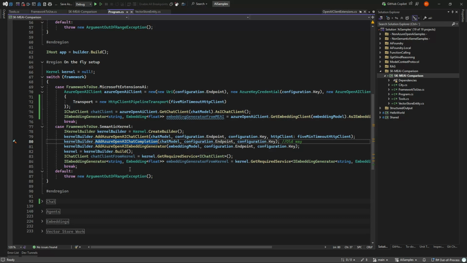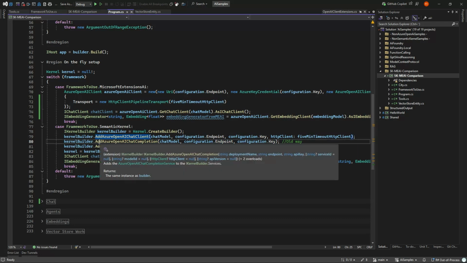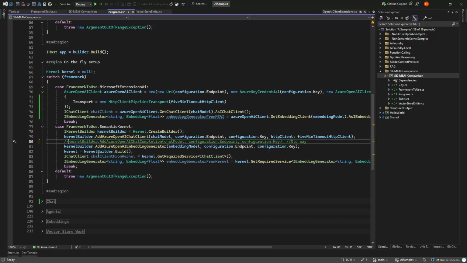I've included it in here because there's currently a bug in one of the features, structured output, where it's actually depending on this. The team from Semantic Kernel are fixing it, so it can also just use this, and we could get rid of this one because this is not really needed anymore. It was something Semantic Kernel had before Microsoft Extensions AI came along. And I'll explain why that is actually a thing in 1 second.